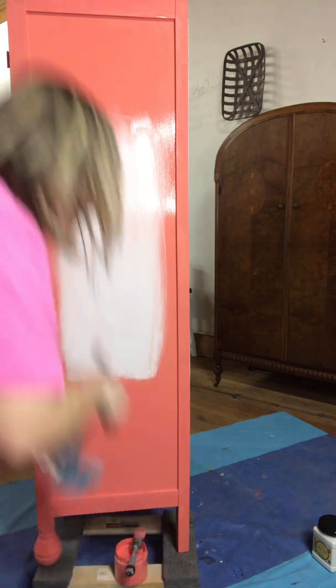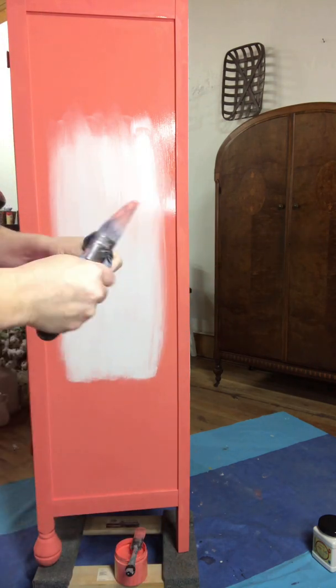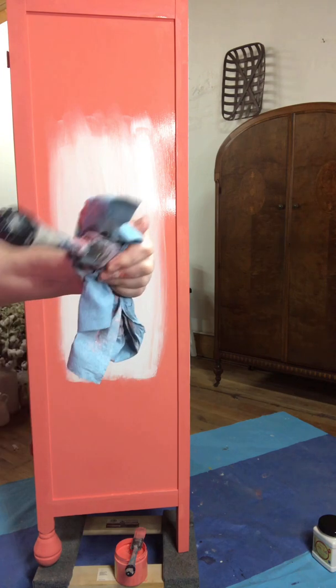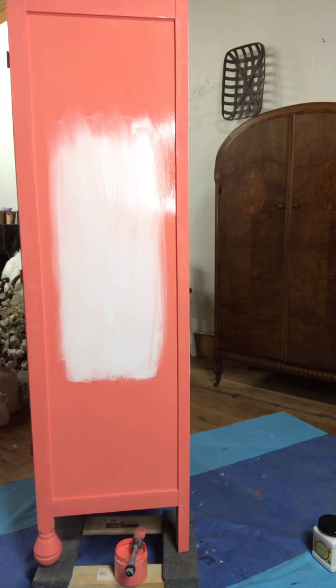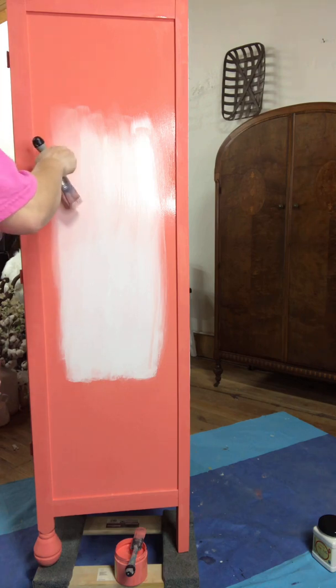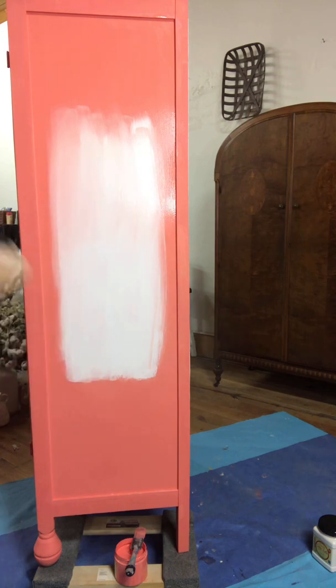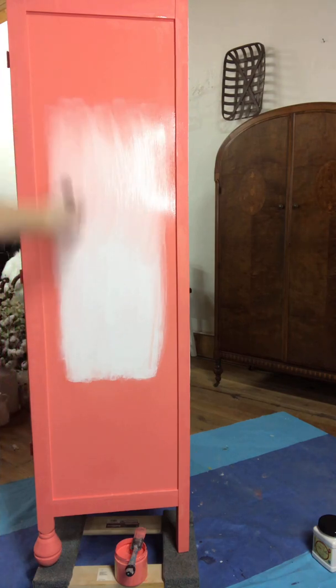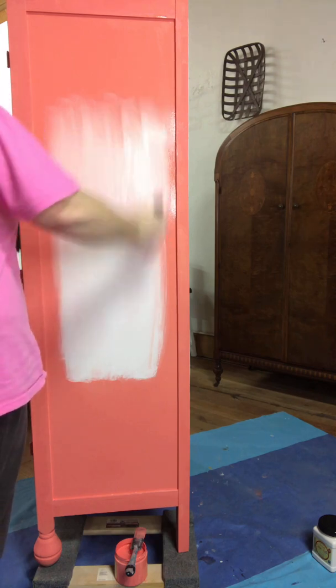Which is my blending brush, which has a whole lot of paint on it, as you can see. You'll want to keep a paper towel nearby so you can wipe it. And I'm going to spray it, make sure it's nice and wet so we can get that paint moving. When paint is wet, it will automatically blend if you have two colors side by side and you start brushing